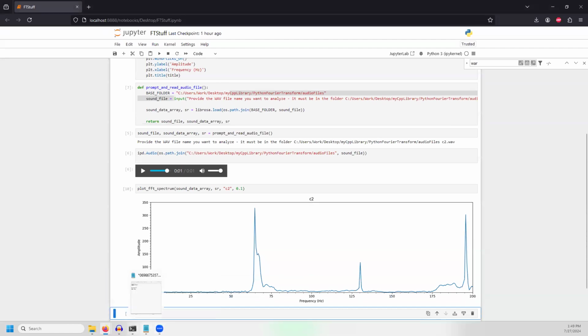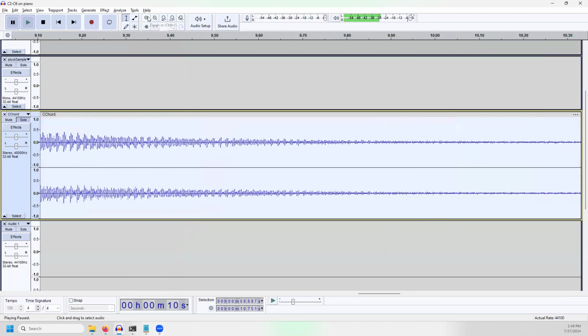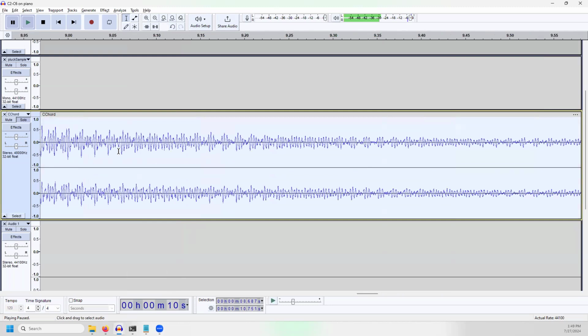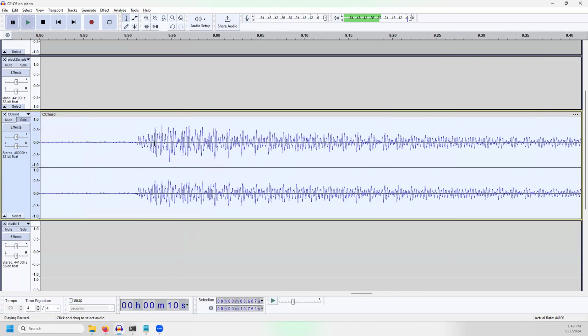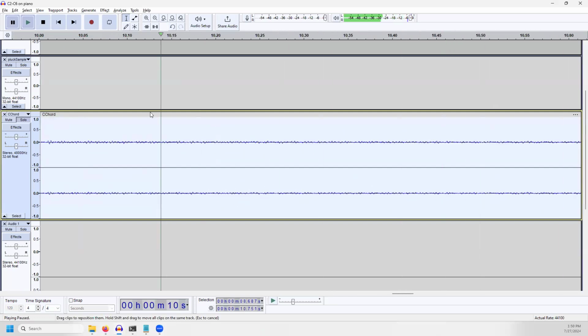So if we look at the sound wave, it is a pretty nice regular wave. You can see that it's a periodic signal. I don't know exactly what I'm trying to say there. Anyways, this is